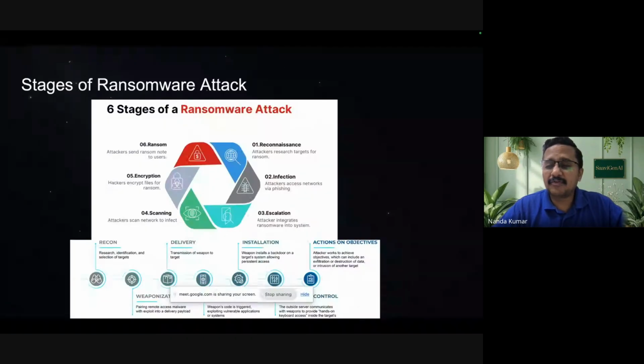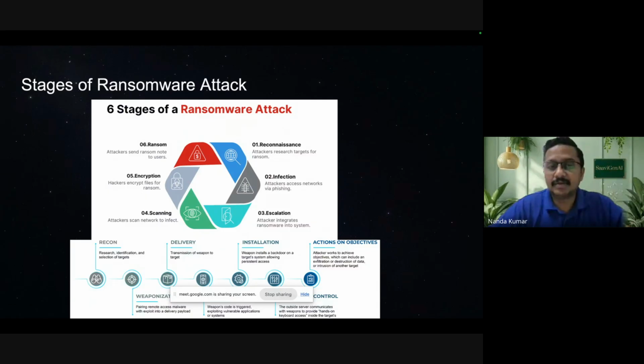Once I map the entire network, and the critical systems, I will start pushing my malware into those systems and start encrypting the entire hard disk and make the system unavailable